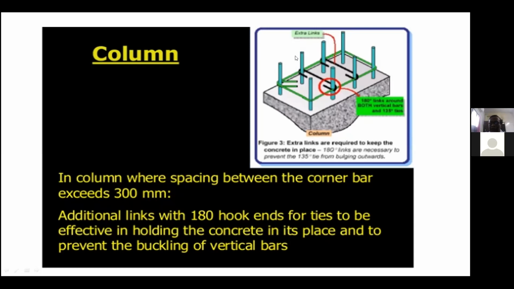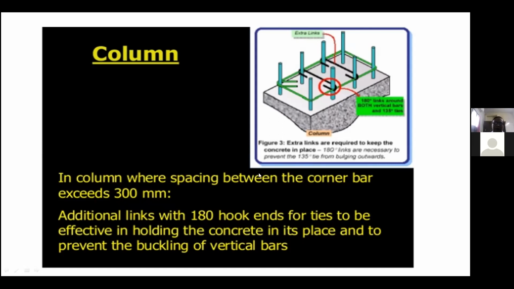One direction movement is prevented, whereas in the other direction it can freely move. That can be avoided if you provide at least a single hook bar, shown in the black color. That is going to prevent the movement of the bar in the other direction. So all bars in the column should be provided with the hook. That is given in there.